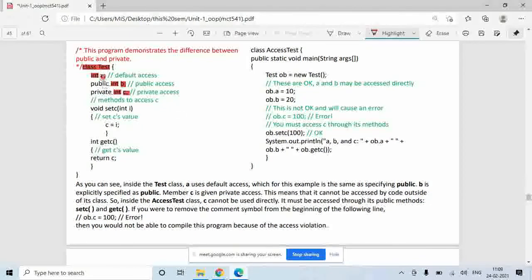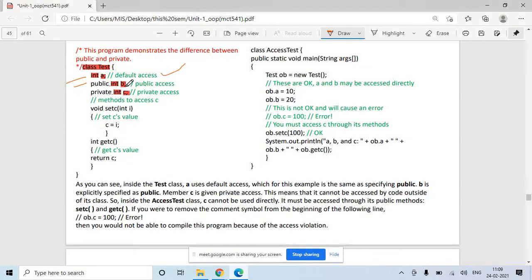For the variable a, we have not specified any access specifier, that is public, private or protected. When we do not specify anything in Java, that variable or function has the default access specifier. For the second variable, int b, we have written public.